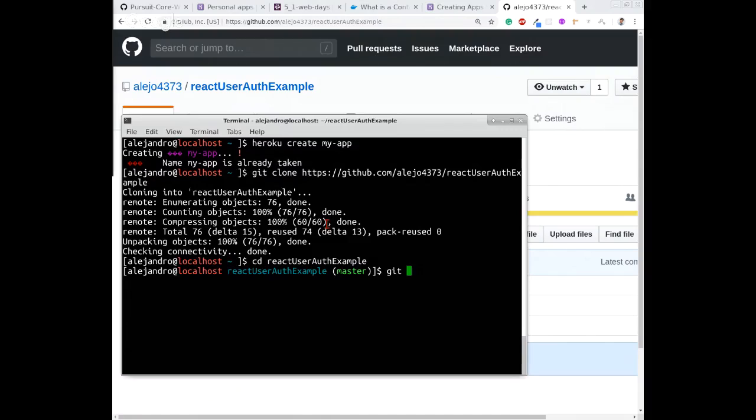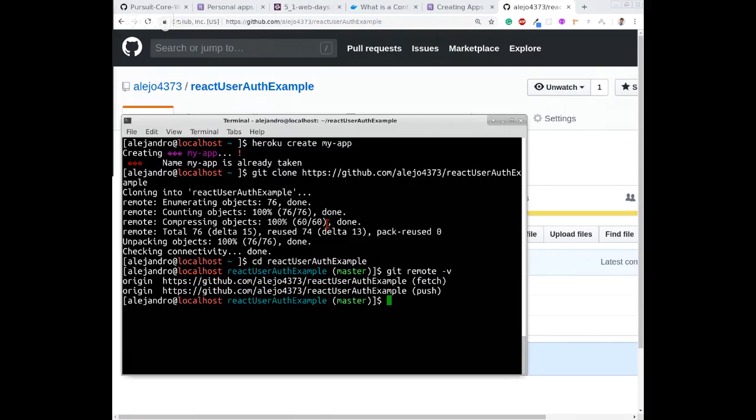Cool. So now I'm going to show you my remotes. You could list your remotes with git remote -v. And then you see this URL. This is GitHub's URL. And then you see this name, origin. This is when you say git push origin master, it's push to the origin, which is at this URL, and the master branch at that origin. Cool? So now I'm going to do heroku